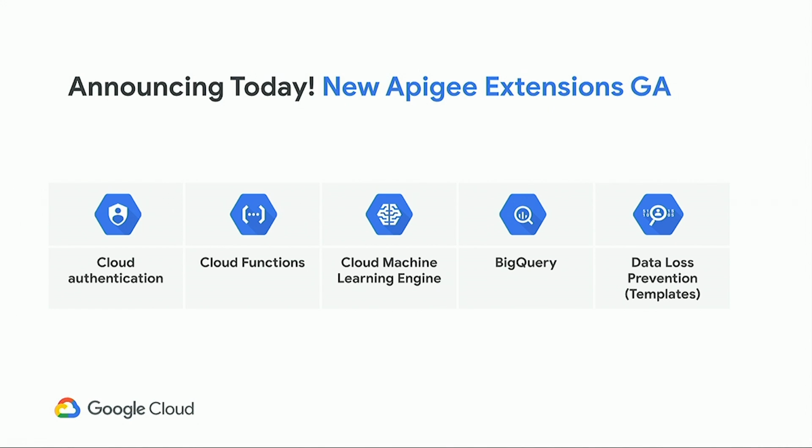So today, I'm very pleased to announce extensions general availability of these 5 extensions, which take our catalog to a much higher number. So cloud authentication, cloud functions, which give the ability to access protected cloud functions, cloud machine learning engine, BigQuery, and then we have really bumped up our support for data loss prevention extension, which was released last year, but now we've added support for templates. If you have been around in the conference, we did demo some of these extensions during one other session as well. So this brings the total number of extensions to 16,